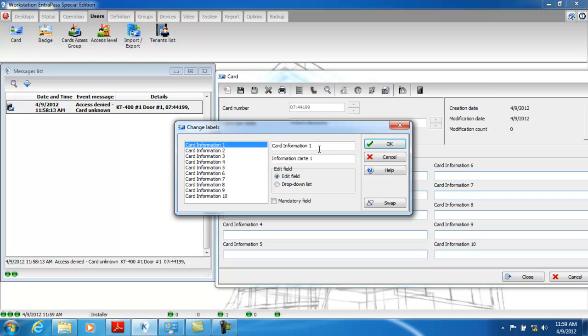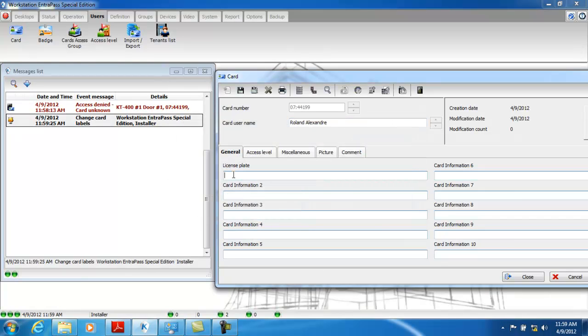So for the English side, for Card Information 1, we can say this is the license plate, and then click OK. Once we get that, we can enter the license plate